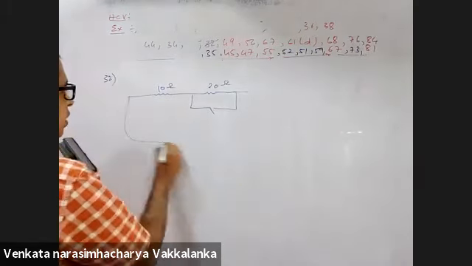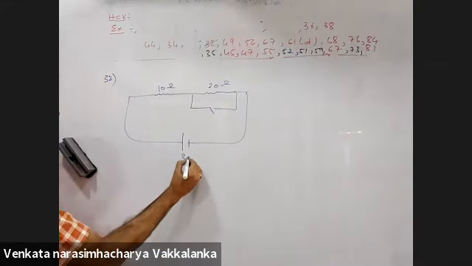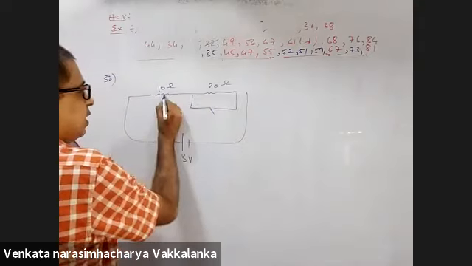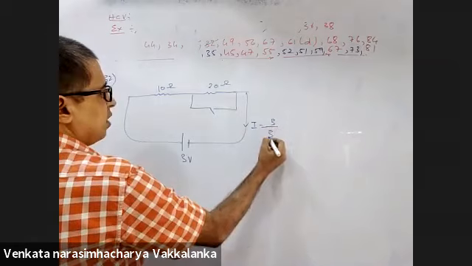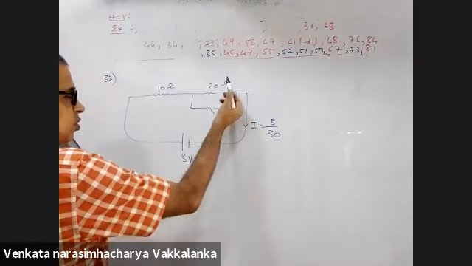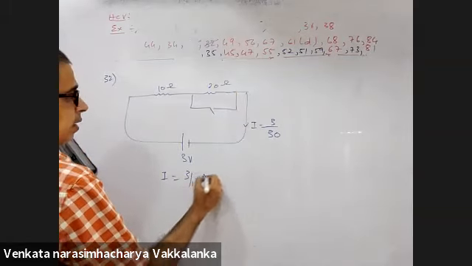Here there is a switch and a battery, if I have taken the polarities of the battery correct. Consider the circuit shown in figure 32.8. Find the current through the 10 ohm resistance when the switch is open, and when the switch is closed. When the switch is open, 10 and 20 are in series. Current will be 3 divided by 30. When the switch is closed, this is out of the circuit. You have short circuited. Then current will be 3 divided by 10.